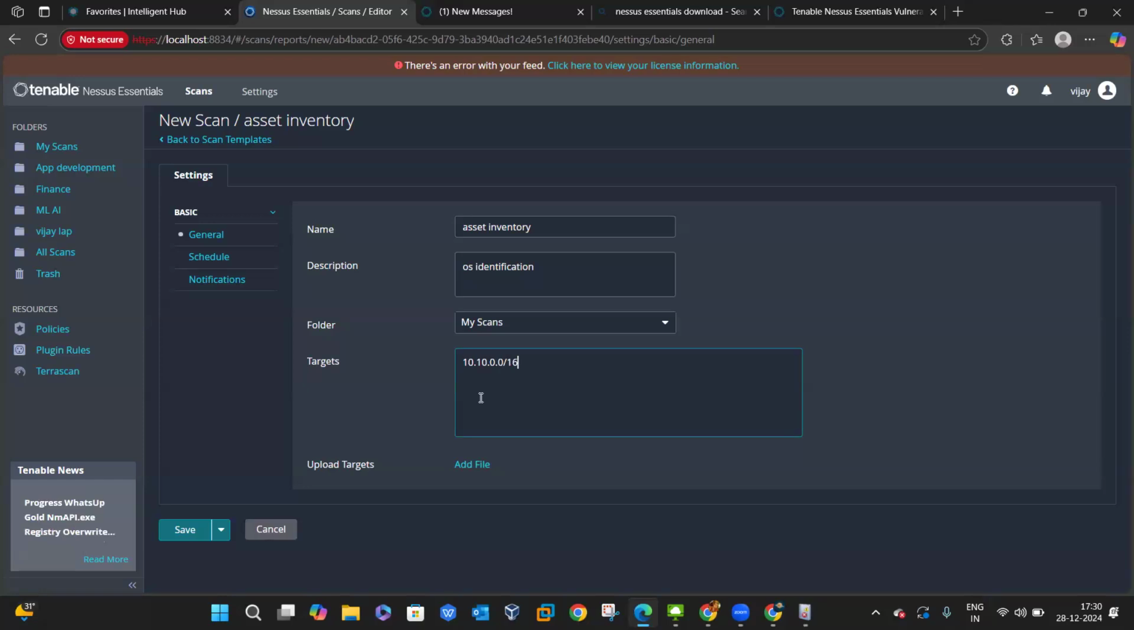Okay. Now, 10.10.0.0/16 means 2 power 16. 2 into 2, into 2, multiplied 16 times. That will come to 65,536. So all these 65,536 IPs it will scan and identify, and it will give you